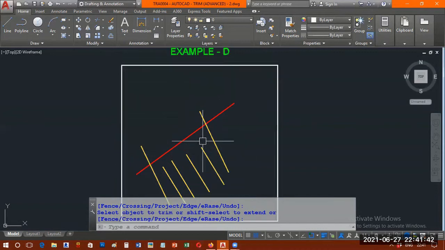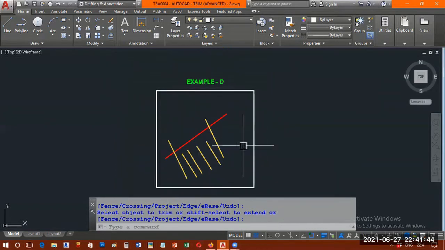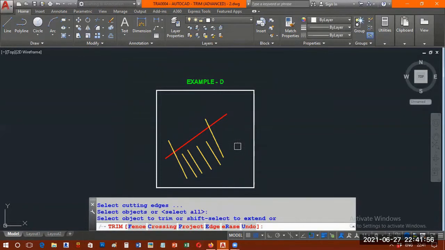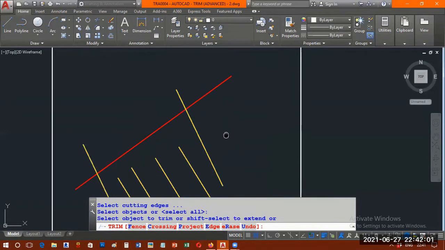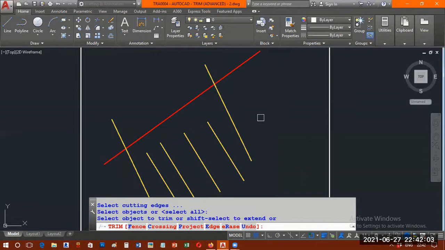Normally, everybody will do TR double enter. I have noticed most CAD professionals will use TR, that is the trim command, double enter, like this. On a case-to-case basis that is very effective, but in this case it's a very, very bad idea.